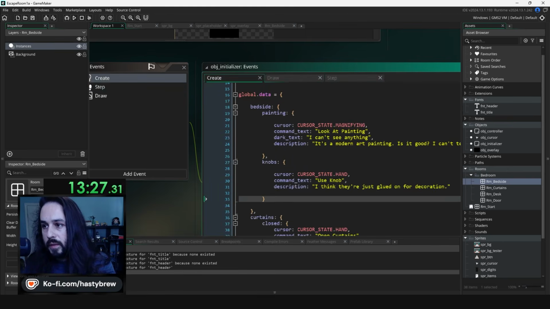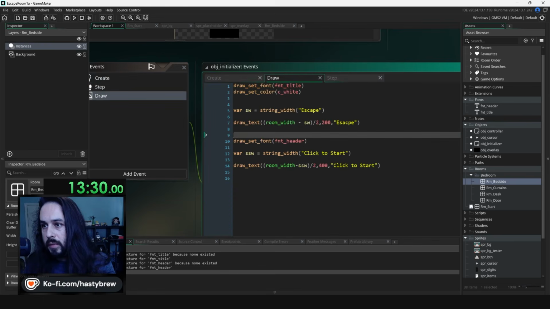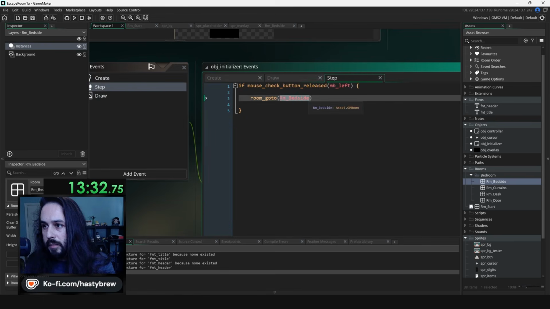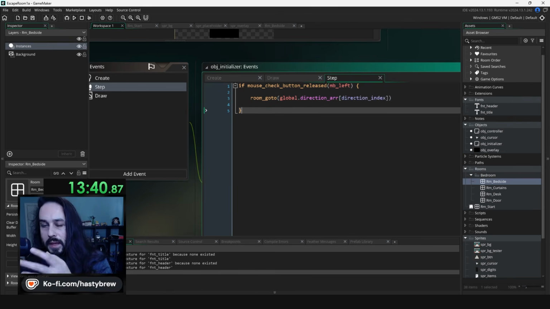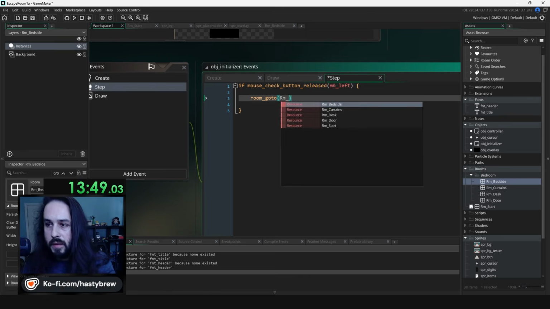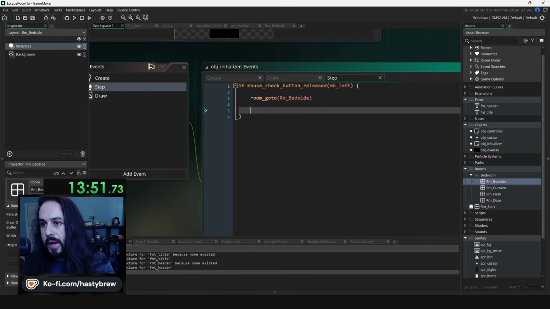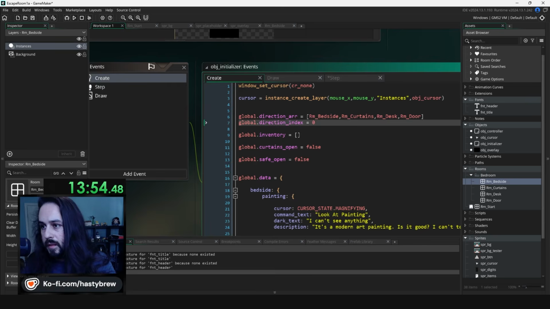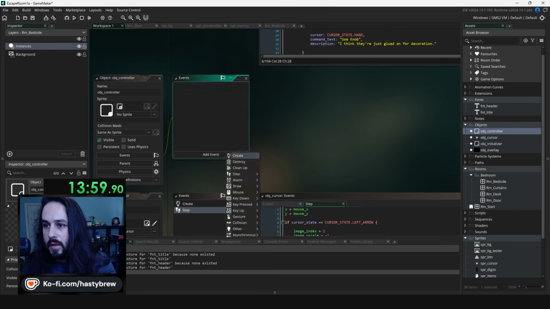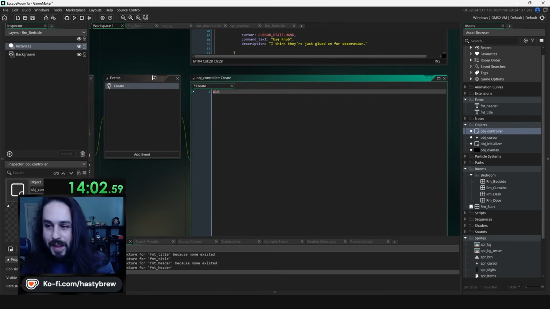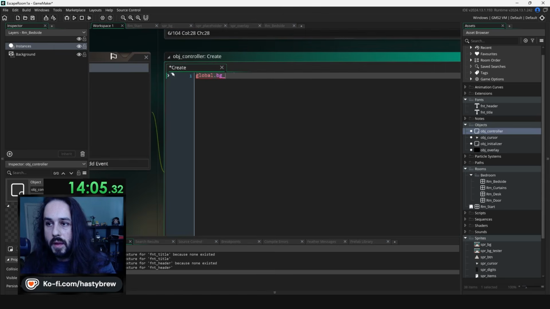I guess we could also write this as room go to global dot direction R direction index, just to give kind of an idea. Yeah, this means the same thing as room bedside, right? 0. Okay, so already 15 minutes in. Okay, global dot